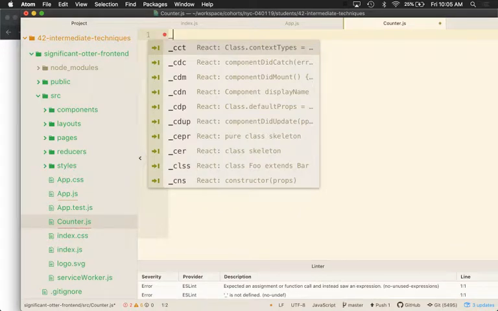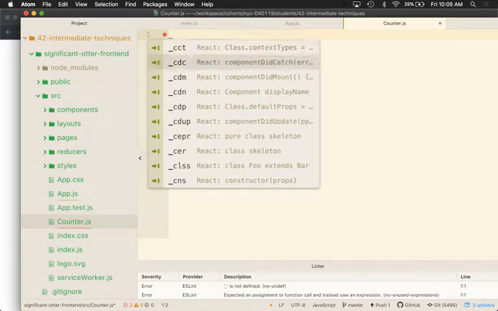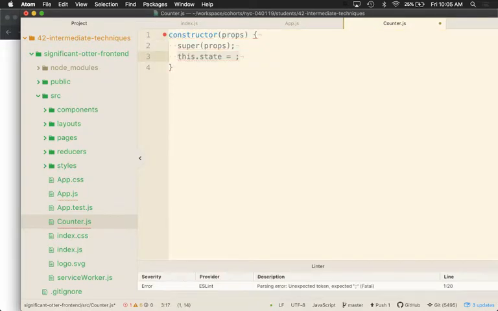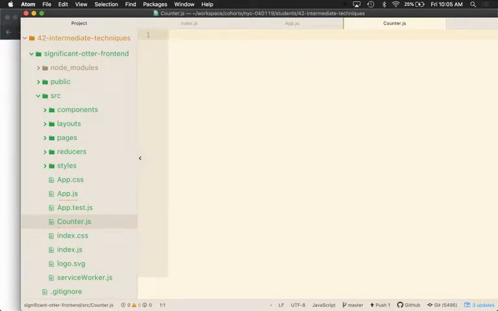Okay, if I just put underscore, look at all of these things. Look at all of these. Okay, not all of them make sense right now, but like, I have a constructor. I don't have to type any of these things out anymore. If you install this package called